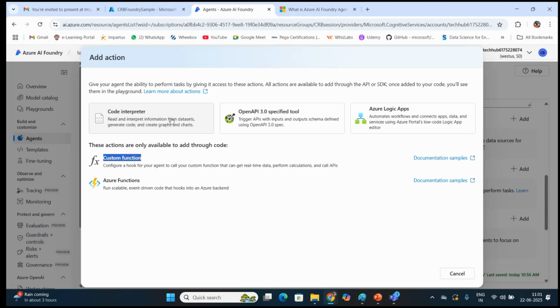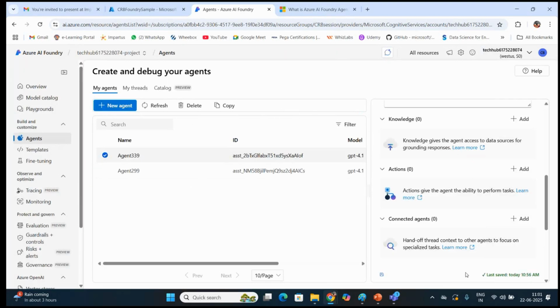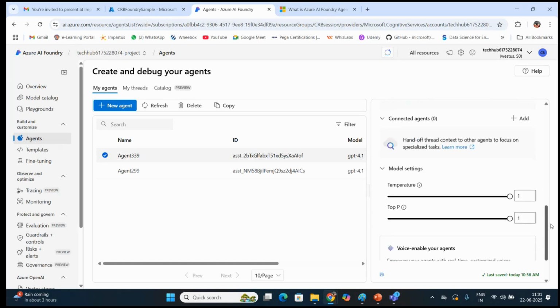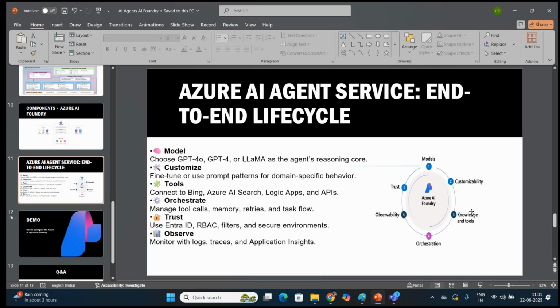So you have now added the knowledge and the action that it has to perform. I'm just going back and forth between the deck, the slides, and the portal, because we are trying to relate the one that we saw here to the one that we had there.